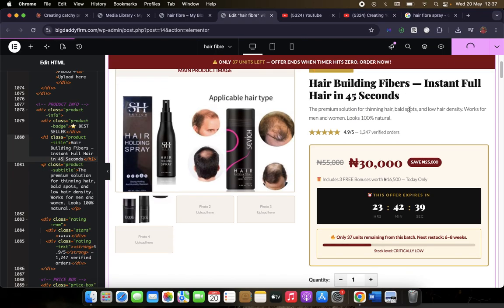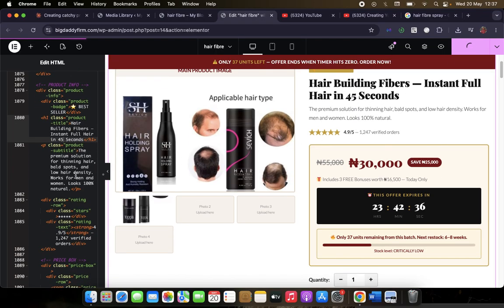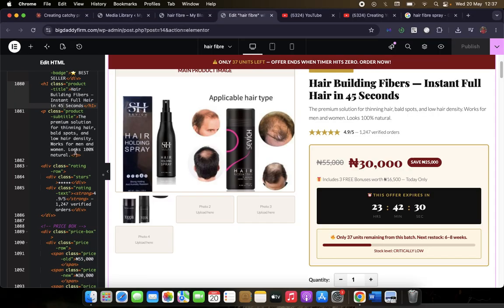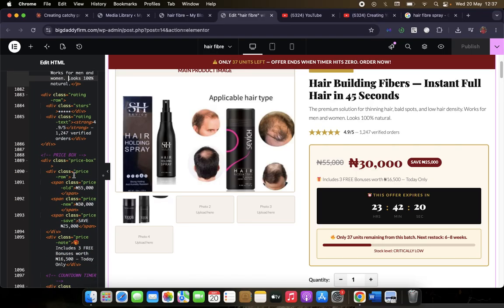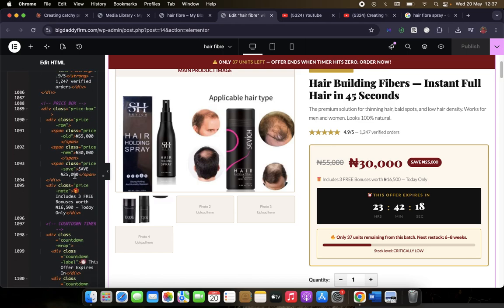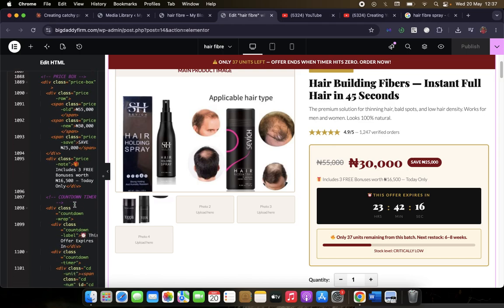So the premium solution for thinning hair, bald spots, and low hair density works for men and women. Looks 100% natural. If I wanted to change anything again, let's say I want to remove "looks 100% natural", I can edit that, but it's still okay. I don't need to remove that. You can see the star rating, all those things are there. They are okay. They are necessary. Then I come back to